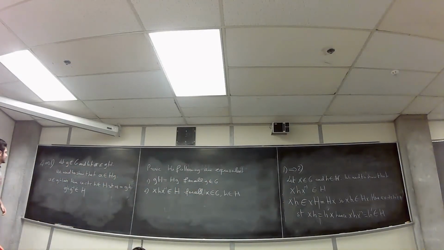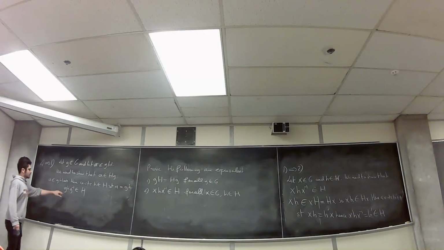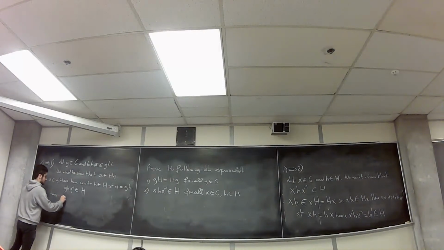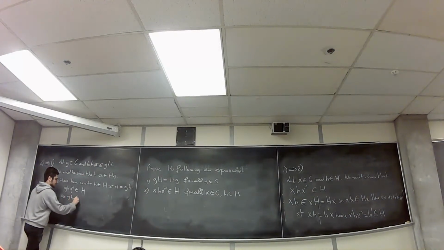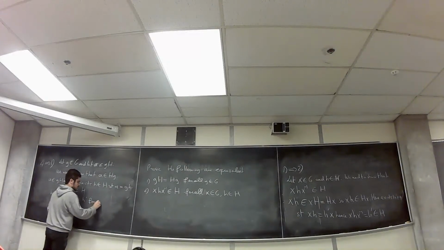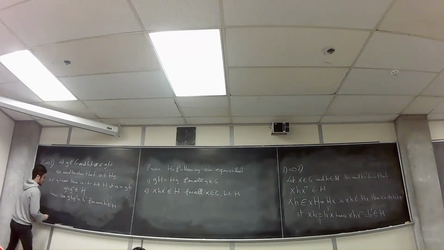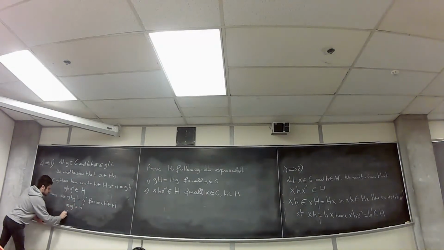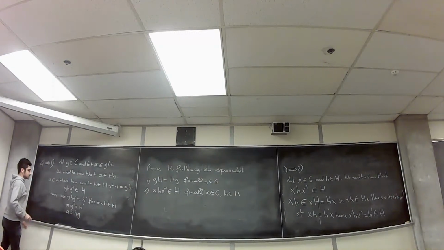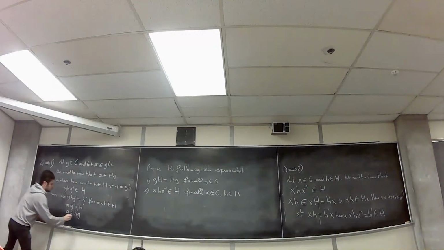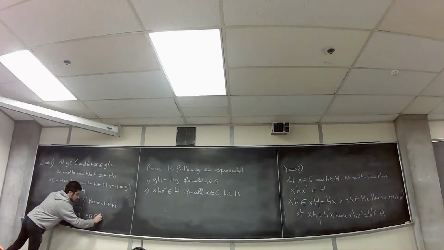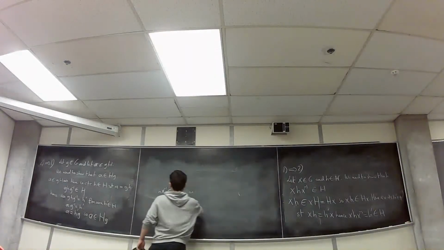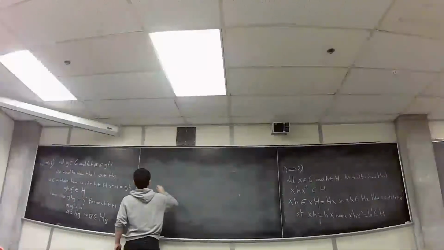For all g and h, g h g inverse belongs to H. And hence, g h g inverse is equal to h prime, some h prime in H. Well, what is this? This is a times g inverse is equal to h prime. So this is a is equal to h prime g. So a belongs to Hg. Hence,